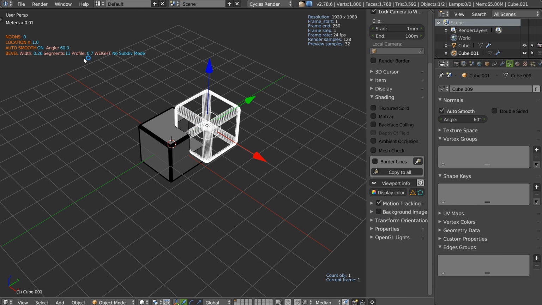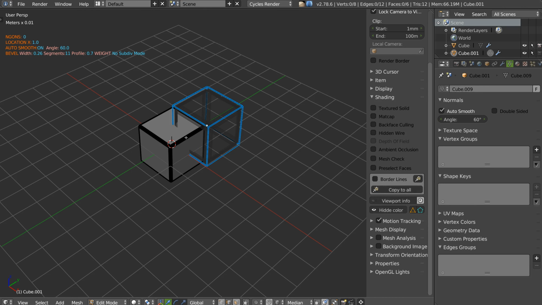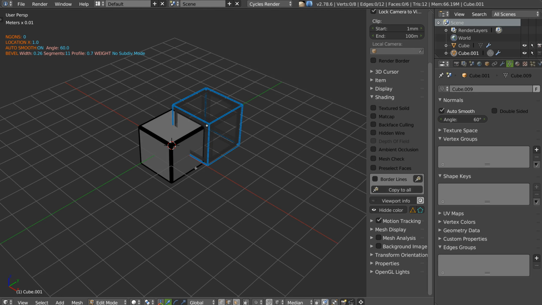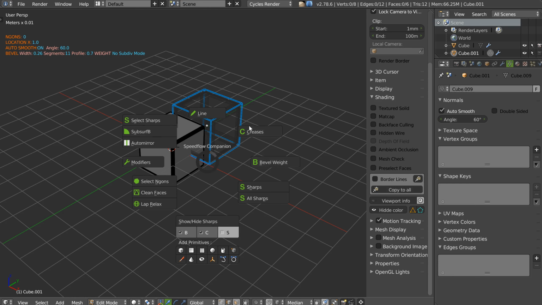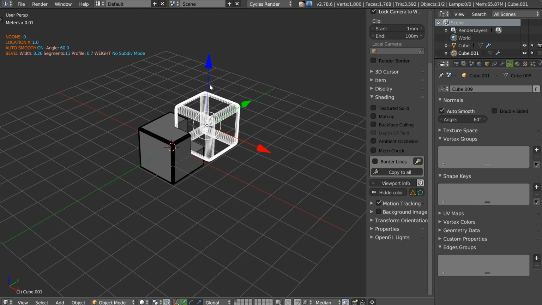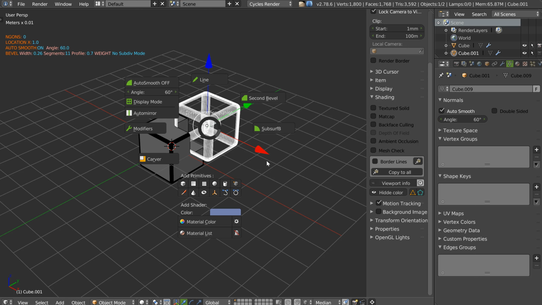Okay, so I think it's okay. I don't remember making something else. I will fix some bugs I have on the SpeedFlow companion, and yes, you have this in edit mode, but you already saw this. And this one will be for my project modal. I'm still working on it. I have some issues, but that will be really nice. I will put it here and not in the SpeedFlow because it's different. But you will see this is really nice.